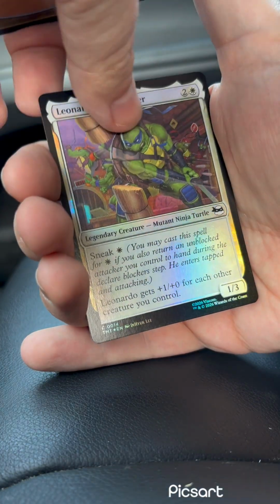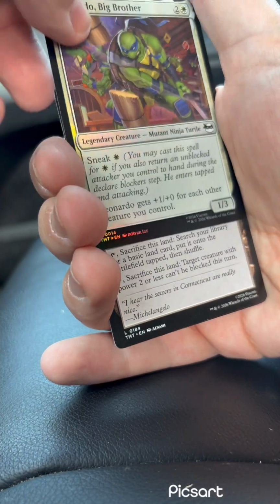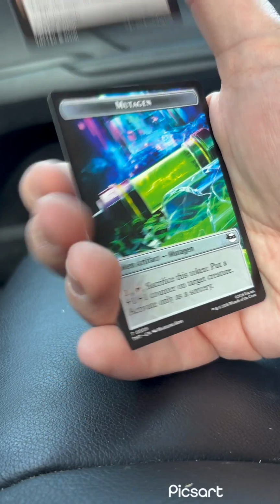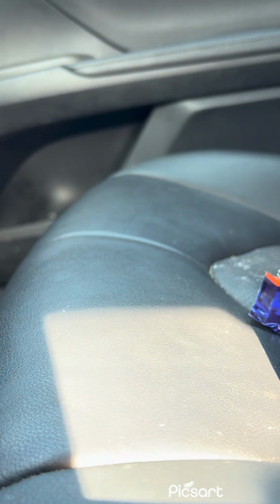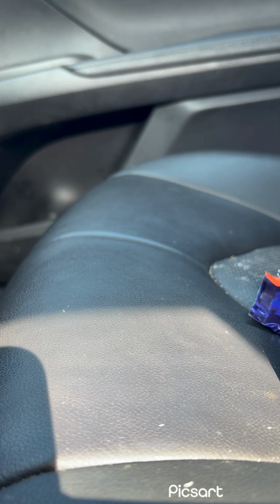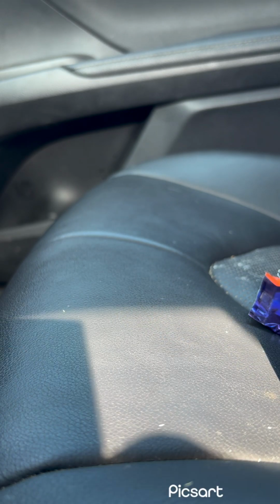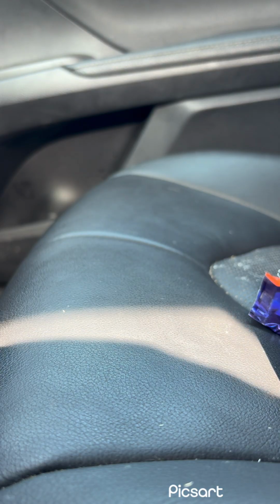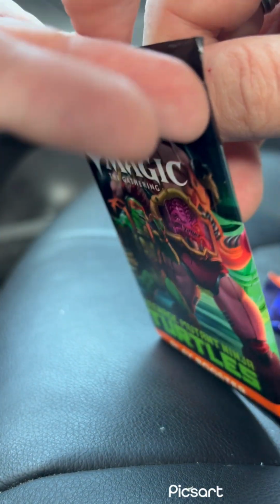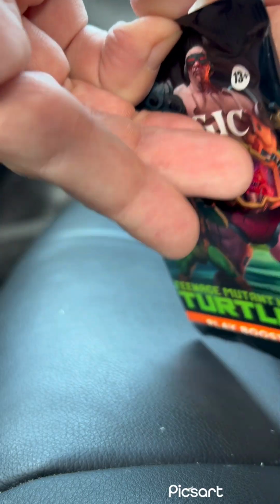Foil Leonardo again. That's weird that we've gotten 2 pairs of foils, Leonardo and Bebop. Very weird. But yeah, so I'm not opposed to Universes Beyond. I do think it's weird to be playing with these characters alongside Jace and Liliana. But, you know, I don't know. Personal opinion,